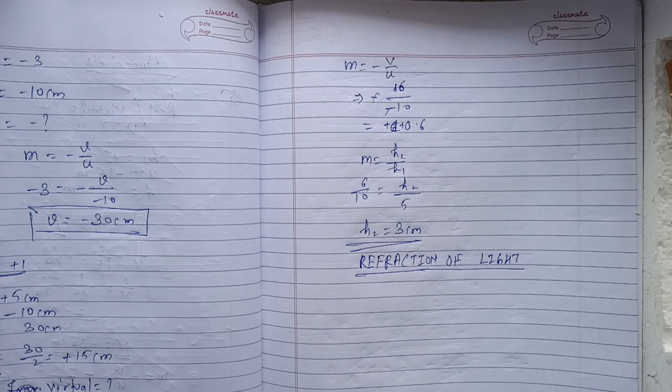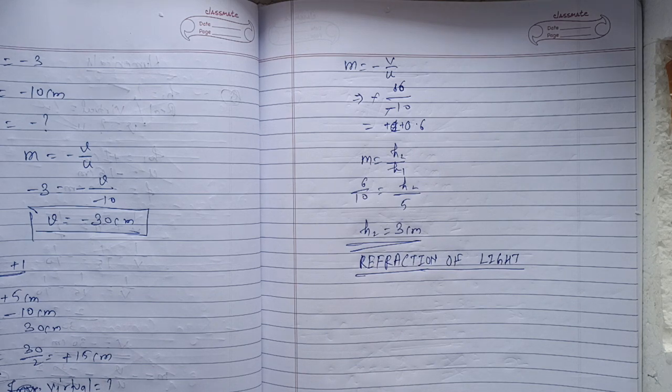But in refraction of light, when the light is incident, it will penetrate or try to pass through the other medium. Suppose there are two mediums, air and water. When light is coming from air, then at the surface of air and water it will not reflect back. It will move into the water, but there will be many changes in the path, and changes in the velocity. Many things are there that we are going to study now.